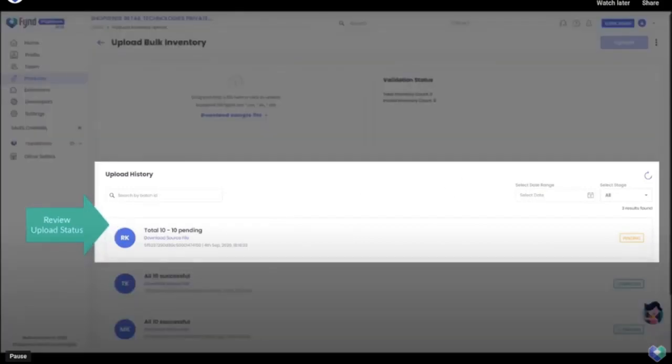Once you upload, you can again see it template-wise beneath in the section. The upload is completed, as you can see.